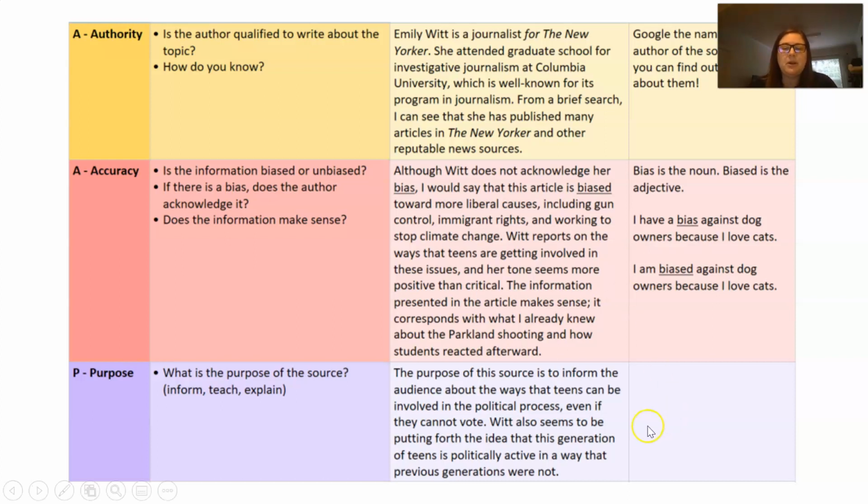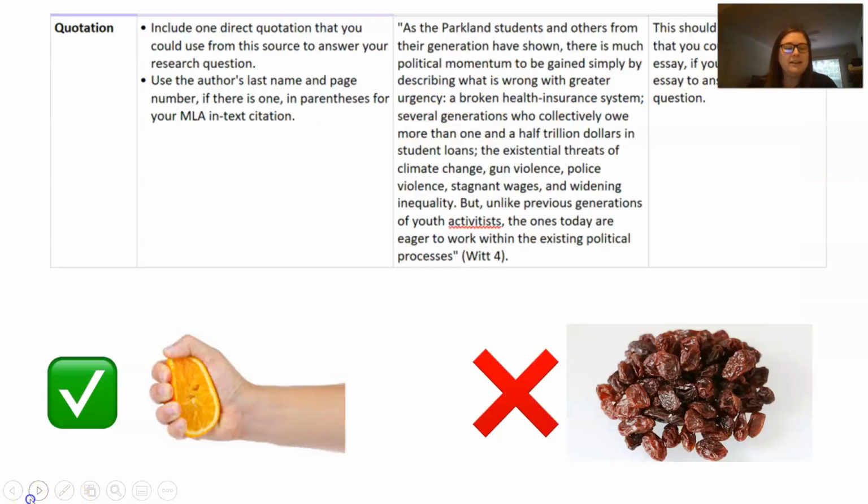And then finally, the purpose of the source, I said, is to inform the audience about how teens can be involved in the political process, even if they're not old enough to vote, which is answering my essential question. And then finally, you want to find a juicy quotation from your source that could help you,